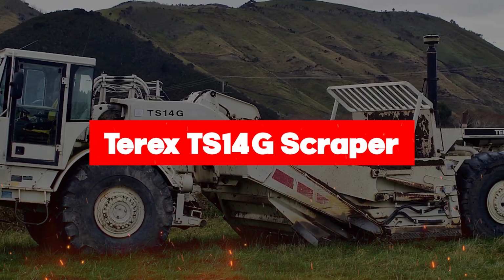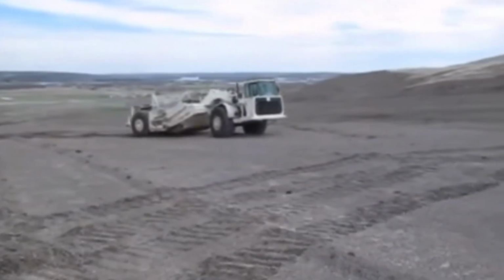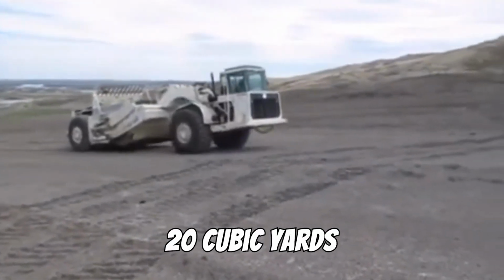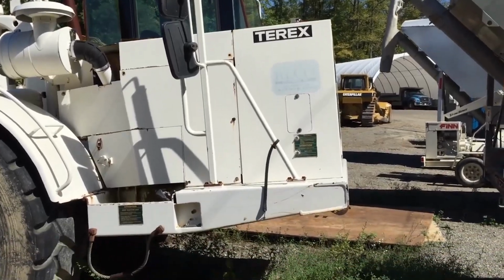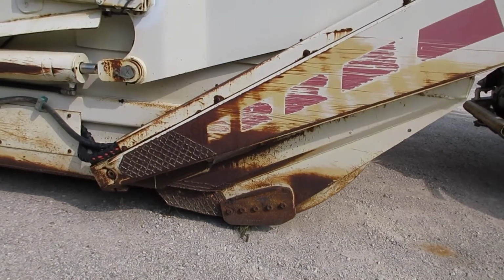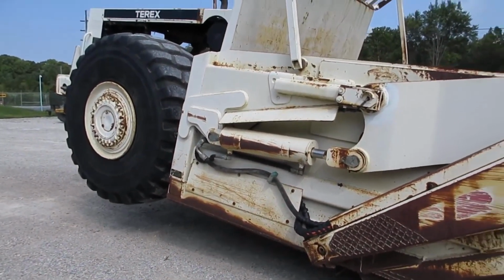Now, meet the Terex TS14G scraper, your go-to machine for heavy-duty earth-moving tasks. This beast has a heaped capacity of 20 cubic yards and a struck capacity of 14 cubic yards, ready to carry a whopping 48,000 pounds of payload. With a maximum depth of cut at just 1 inch and a width of cut at 10 feet, it's precision